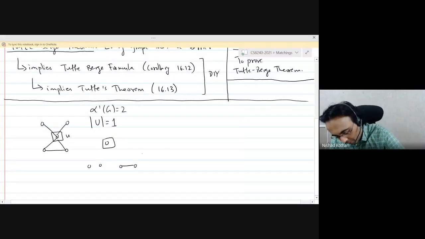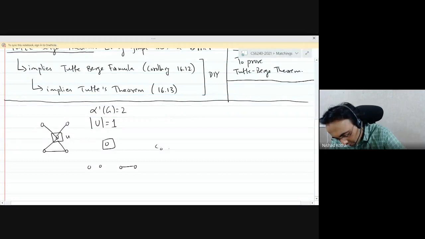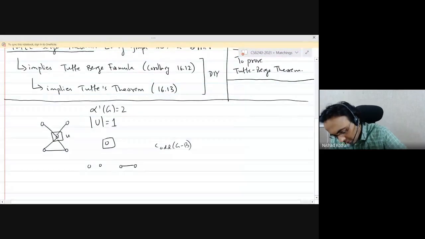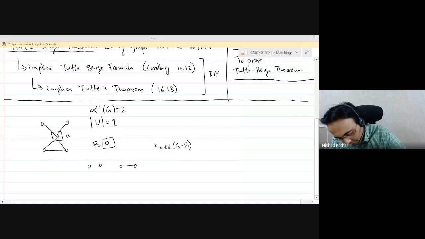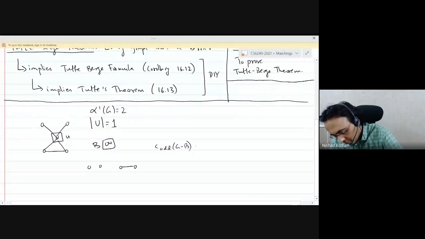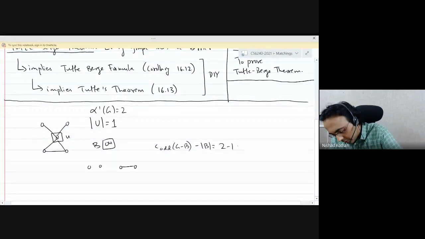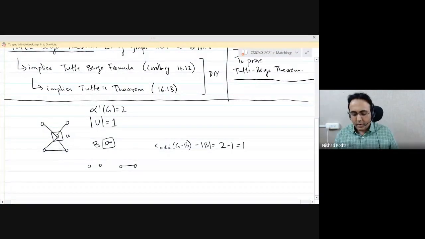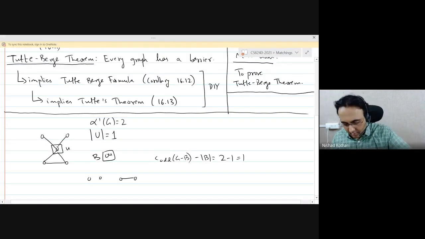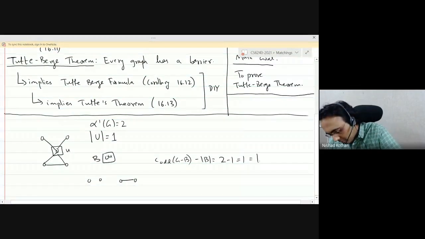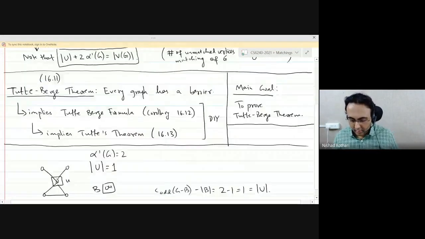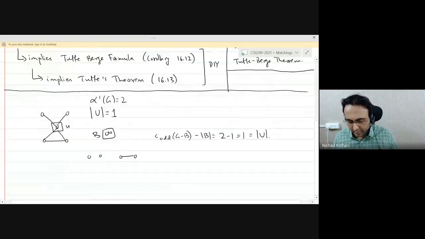And so the number of odd components minus the cardinality of the set B, which is the vertex u, is exactly 2 minus 1, which is equal to 1, right? So that is exactly what we wanted.